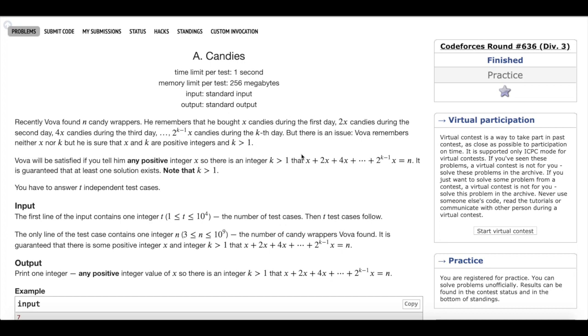Hello, this is Algorithm, and today we will be going over problem A of Codeforces Round 636, which is called Candies. The problem statement is: recently Vova found N candy wrappers. He remembers that he bought X candies during the first day, 2X candies during the second day, 4X candies during the third day,